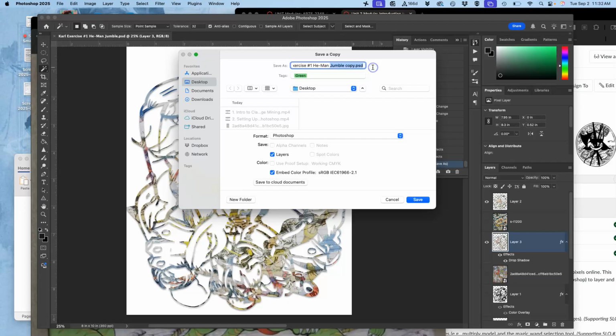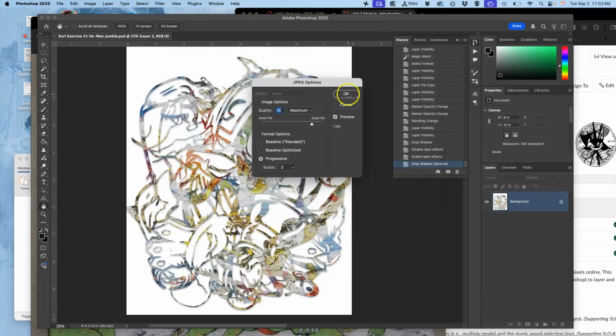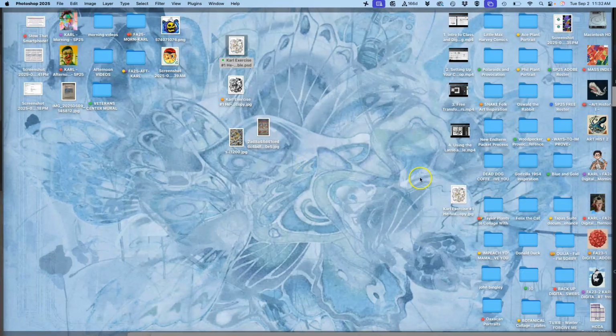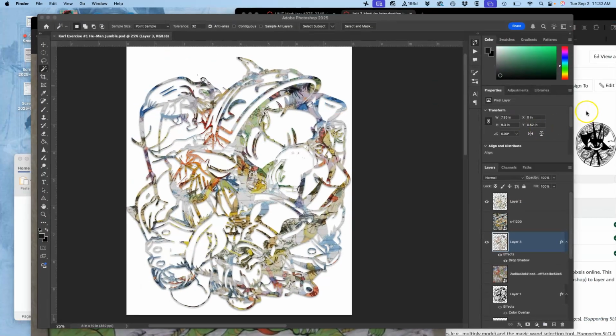So instead of it being a Jumble copy, I'm going to call it a Jumble color copy because I don't want to replace my black one. And I change its format to JPEG to the desktop. Make sure I know where it is. This is another orange. So this is a second submission that's optional. Then I go to Canvas,